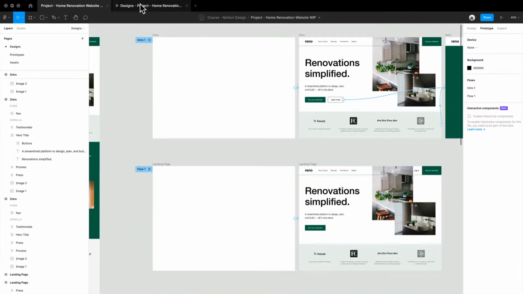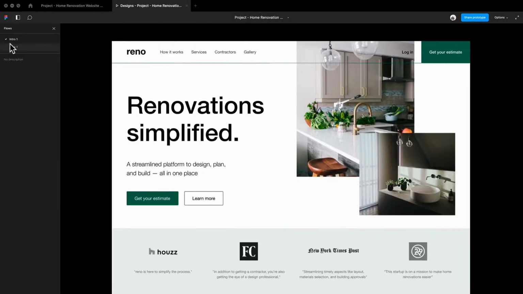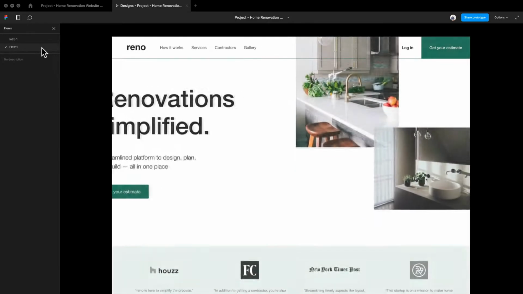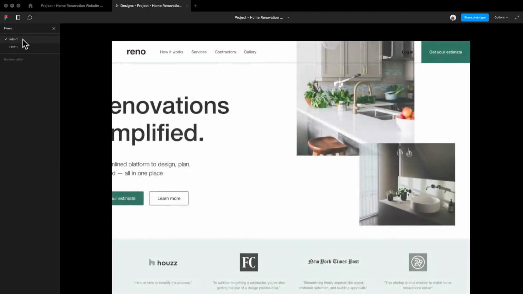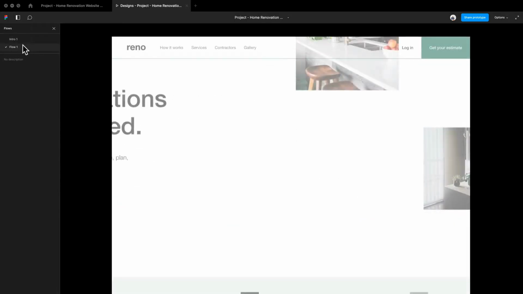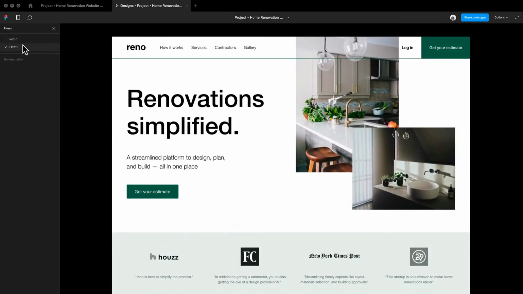So we'll go back to our prototype, and this is flow 1. So let's compare it. So very similar. And that is how we can create a nice little intro